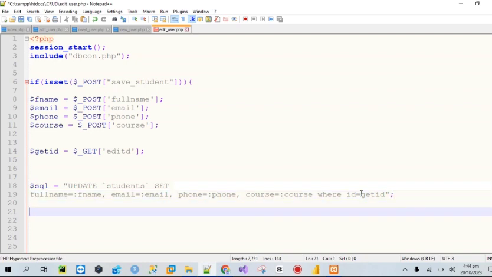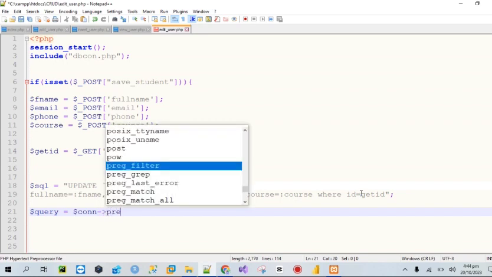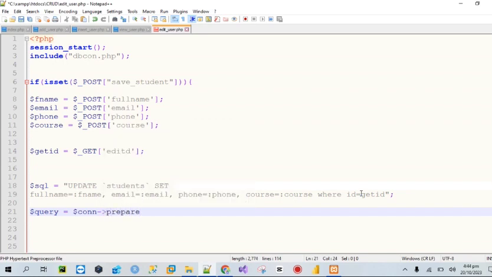Then next, what I'm going to do here is $query is equals to, we're going to use a prepare statement. Sorry, let's use a prepare statement. So say $query is equals to $con, okay, prepare, use a prepare statement. I will pass it to what, $sql in this format. Then we can come here now. So okay, since we've done that, next we are going to come here and say $query,